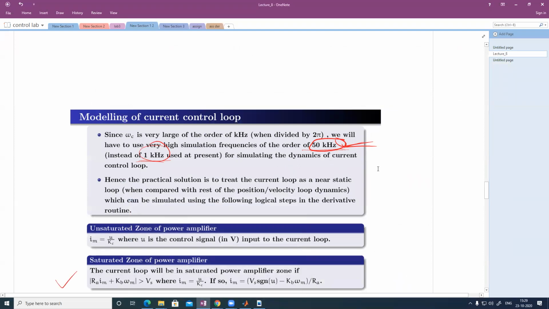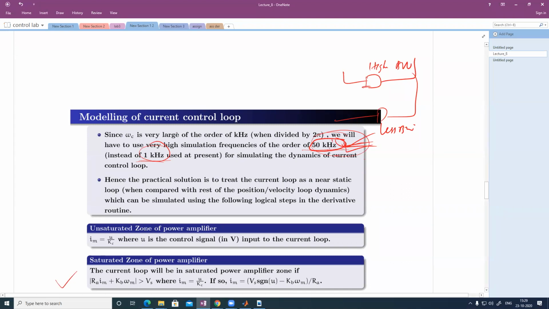Here we have to change the frequency. This is not one cycle actually, this is the step size only. This one you have to take care: 50 kilohertz. Otherwise, this current loop, I told you last time, is the inner loop. You have to use higher frequency or higher bandwidth. For outer loops you have to use less bandwidth. So inside the current loop you have to use 50 kilohertz as simulation time. Otherwise, it will affect the outer loop also.